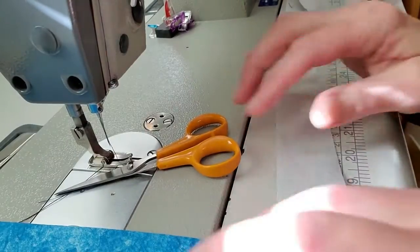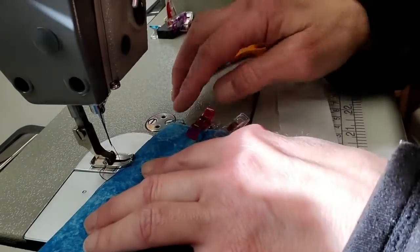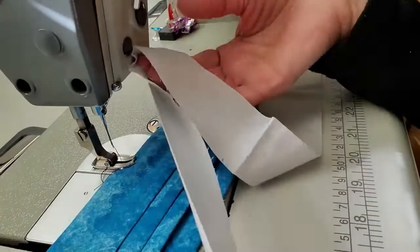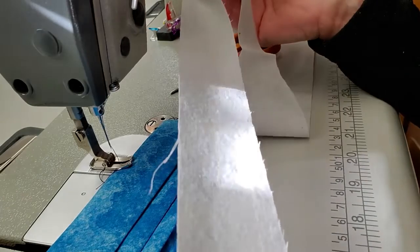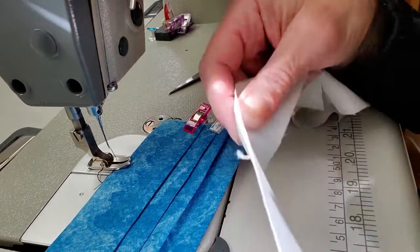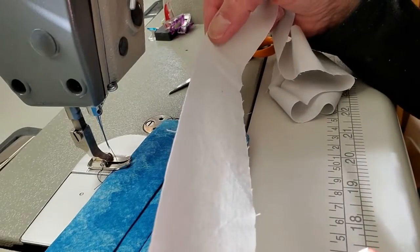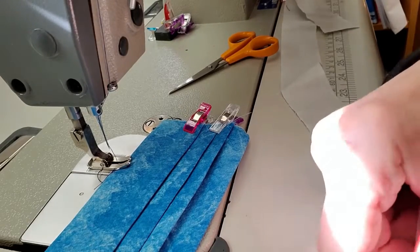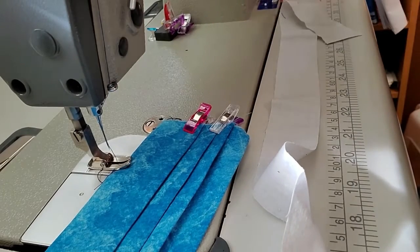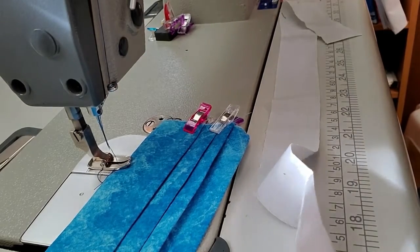Okay, so for the next step, we're going to be sewing the strap onto our mask, and we'll take our binding strip here, and what I do is I measure up 12.5 inches from one end. I have a little measurer here on my table, and I'm going to make a little snip. That's how I mark it,